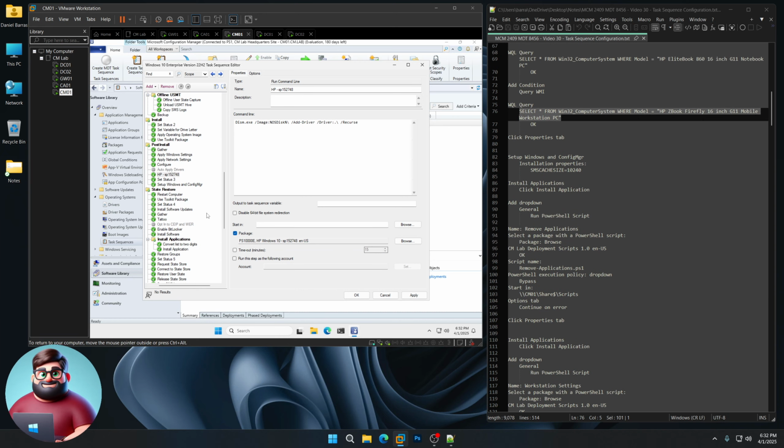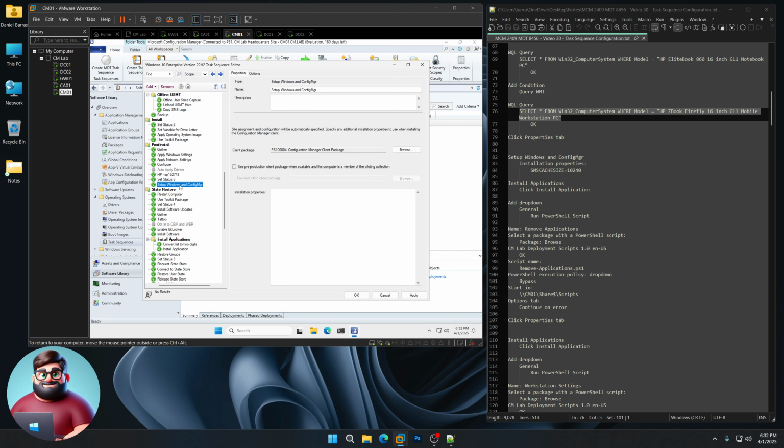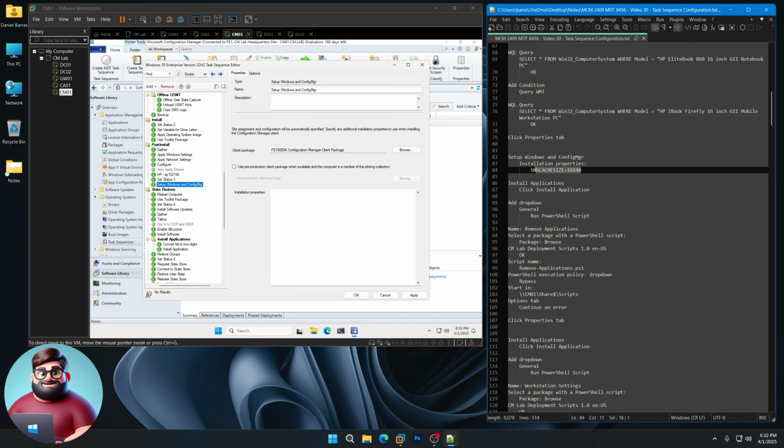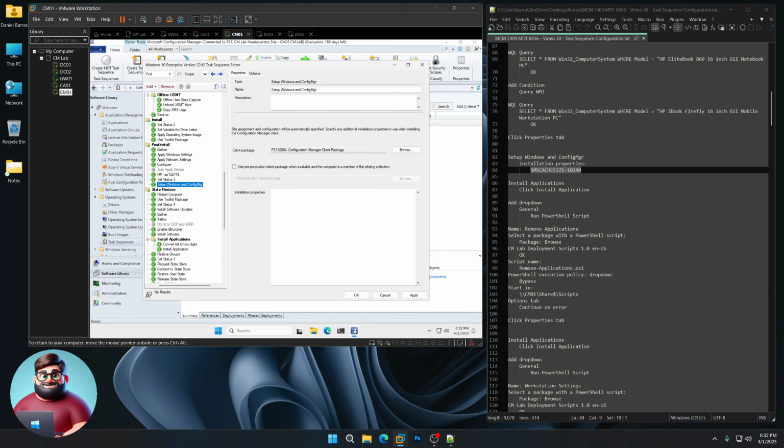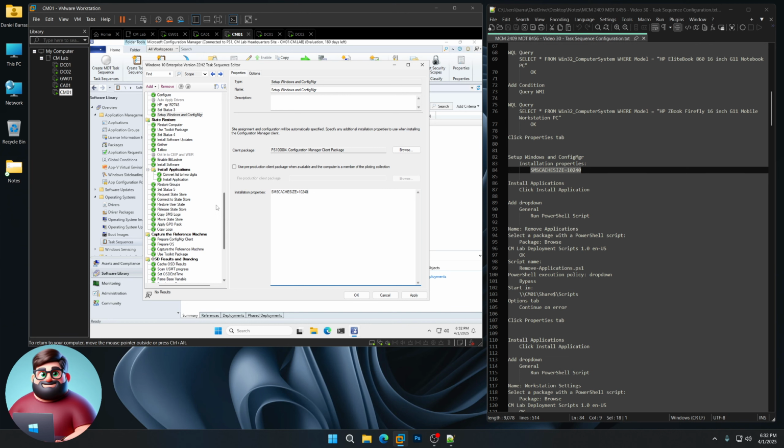Now what we're going to do is click on Setup Windows and Config Manager. We're going to just set our cache size here to 10 gigabytes. Okay. And now what we'll do is go down to Install Applications right here and click on